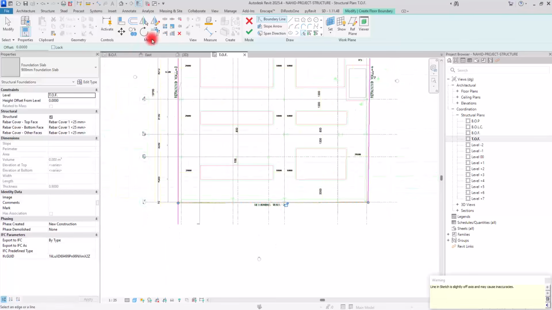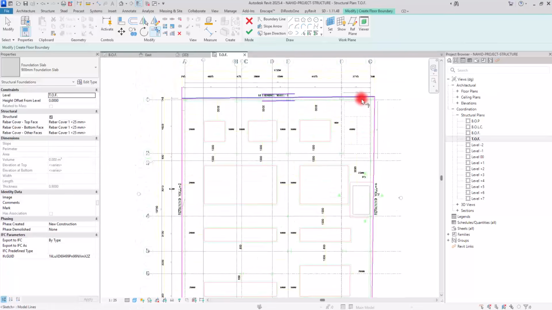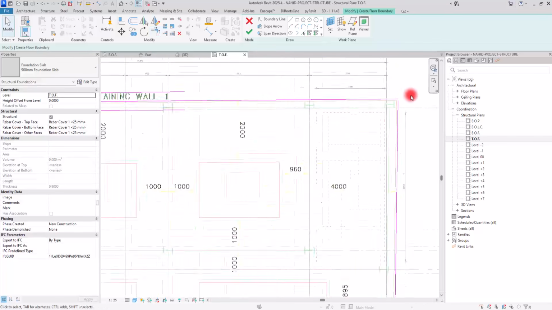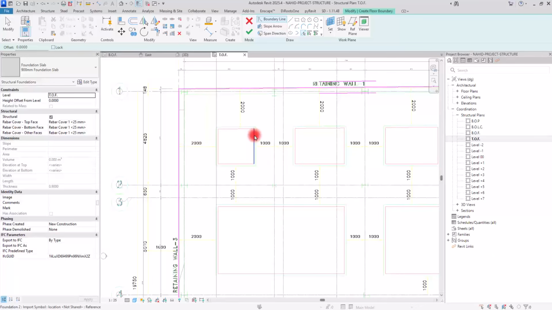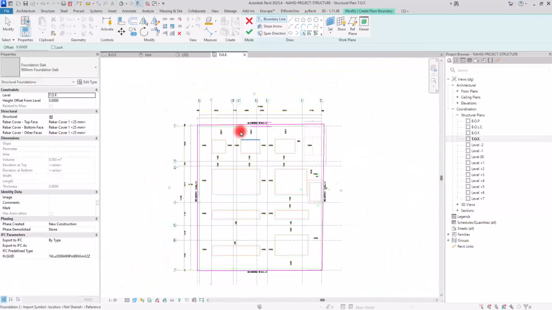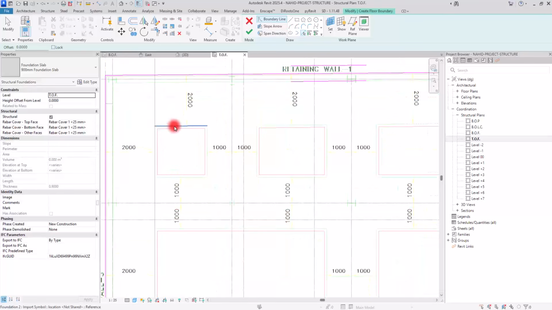We are going to trim them just to be sure, this section and this part. Okay, after that, we're going to do the same for this smaller section in all of these parts. For that, you just need to hover your mouse over one of these edges and press tab to select all of these parts. Make sure to